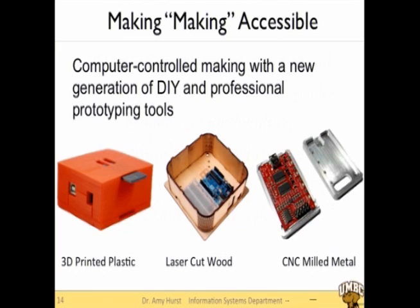So a new generation of affordable rapid prototyping or personal scale manufacturing tools really make it possible for individuals to build and customize physical devices, such as wheelchair accessories, prosthetics, tools to support activities such as eating, dressing, art, and learning. Now this new generation of tools removes a lot of the barriers that we see with traditional manufacturing tools